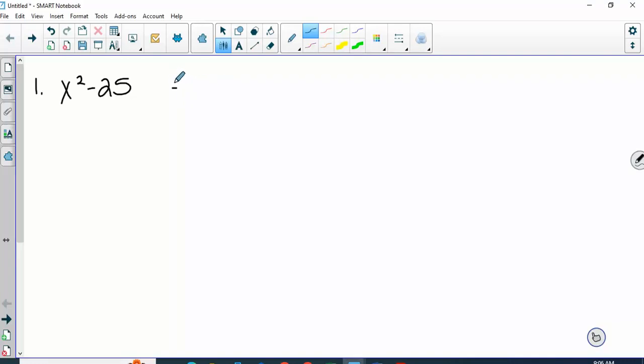Difference of squares. So remember, these are two perfect squares. If there's a subtraction, it factors into 2 parentheses. The only difference is one's plus and one's minus. And in factoring, does order matter? Okay. But number 2, if I make it addition, can we factor it? No. And if we can't factor something, we call it